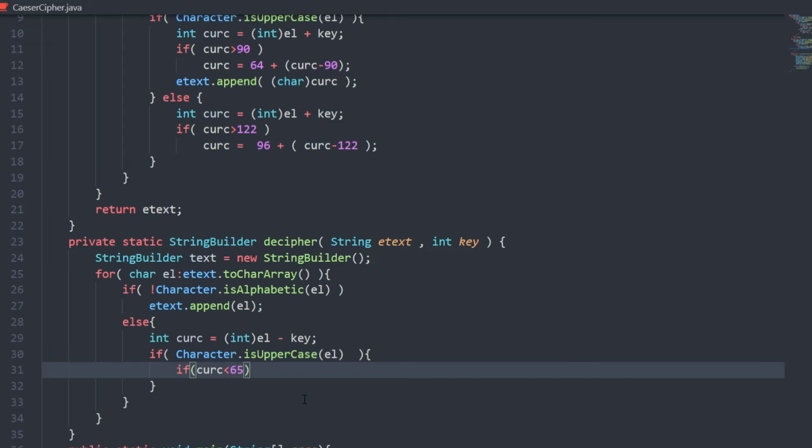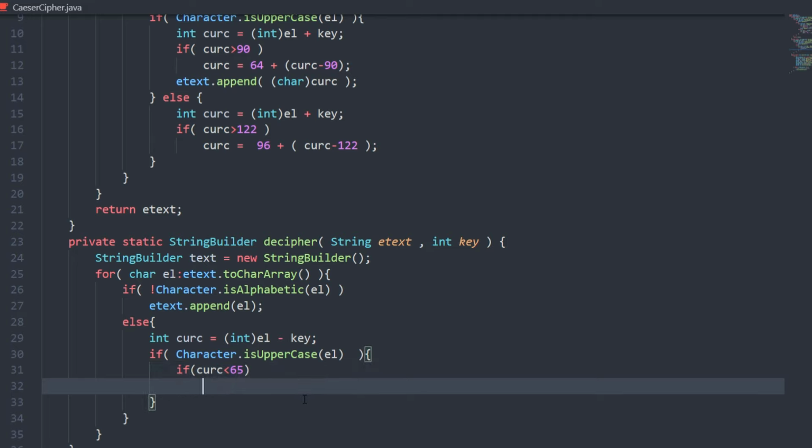So that's why we have to add this check condition here, integer of element minus 64 minus current C. If our current C is less than 65, which means we have to go back to X, Y and Z. For example, our current character is A, and let's assume our key is 3, so its decryption would result in X, so we have to go back, but we can't go to 62 because it will just result in some random character.